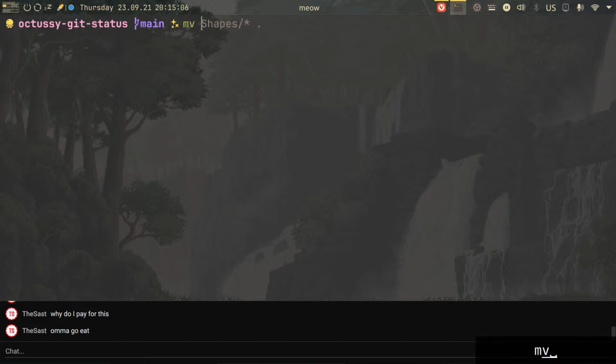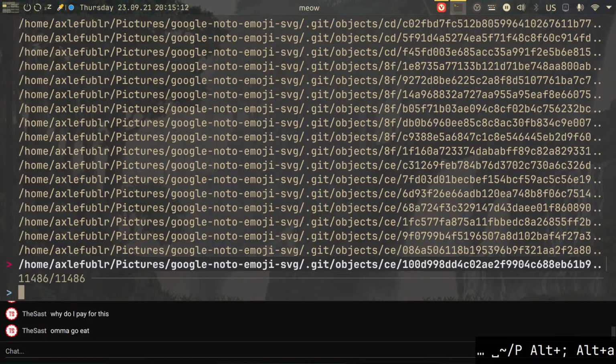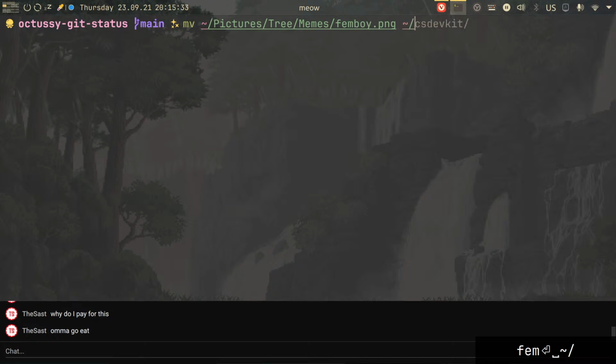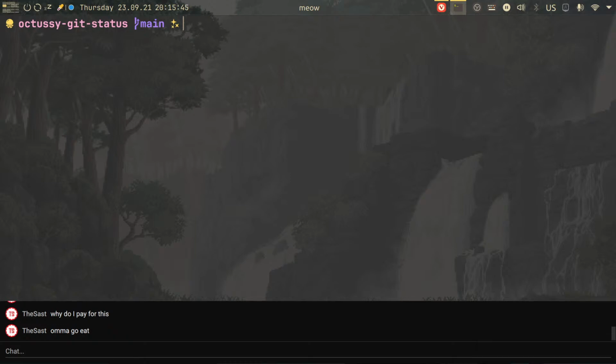Then I could do something like, let's move from pictures. What do I want to move? Let's say I want to move. It's also so fast, surprisingly. Like this to some other place, but now I just search for a folder and then I rename it. Wow, okay, yeah! So my problem with FZF was that it's not necessarily useful to look from the current